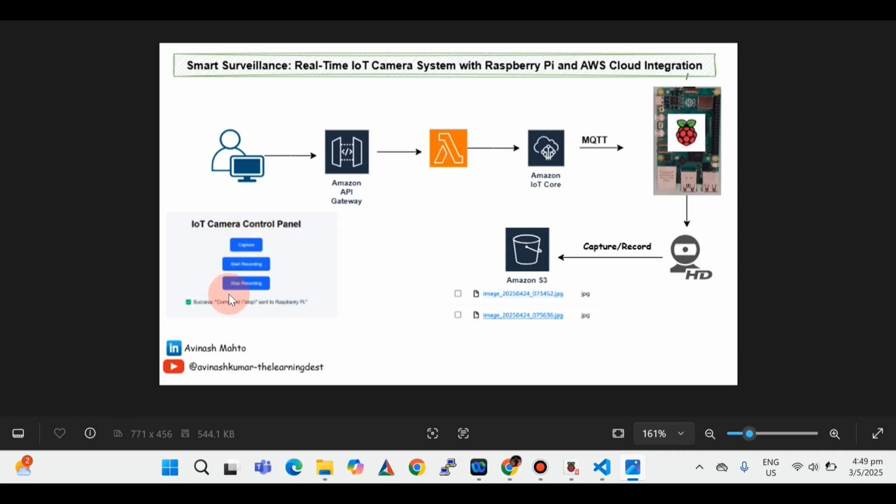So there is a static website. This static website is used to control all the camera actions like capture images, start recording, and stop recording. When I, as an end user, want some action like capturing images, there is an API Gateway which invokes the Lambda functions. These Lambda functions initiate Amazon IoT Core. Amazon IoT Core passes the different actions like capturing images, start recording, and stop recording in the form of